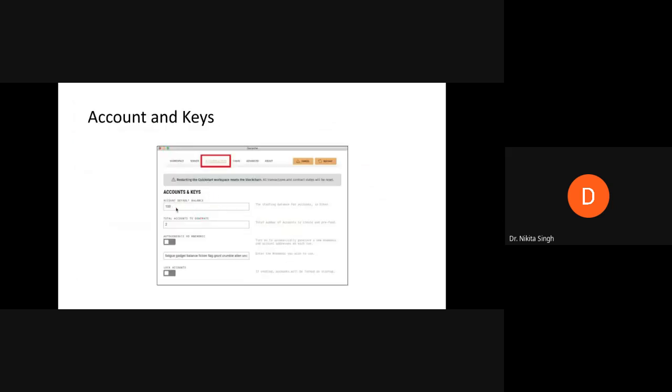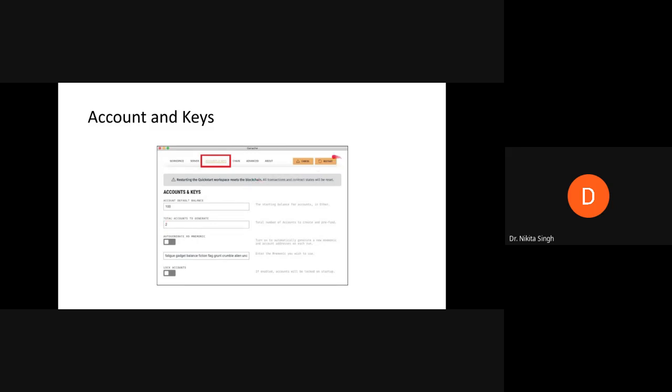So you will be able to set the default balance, and you will also be able to set the number of accounts here. The value displayed is 2 on the screen, which means that we have 2 addresses, and we will use those 2 addresses for interacting with our account.